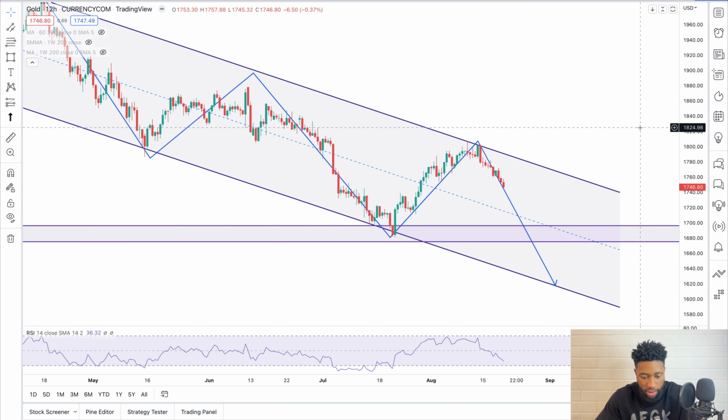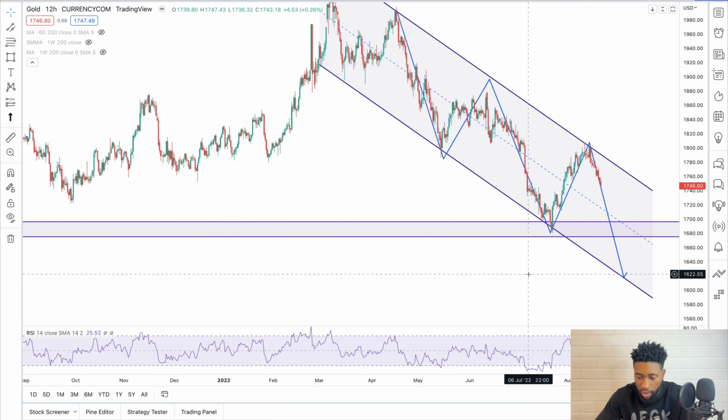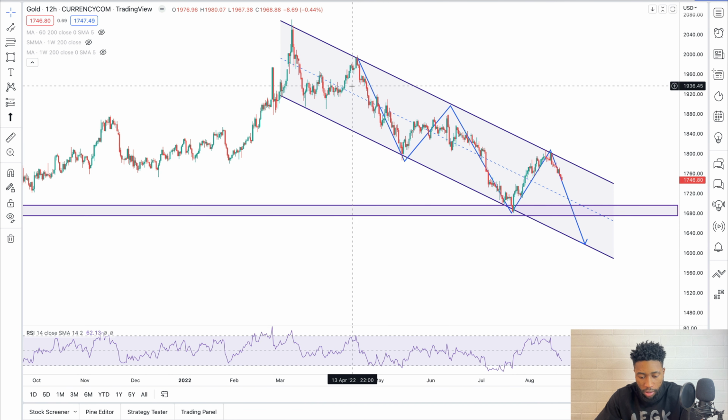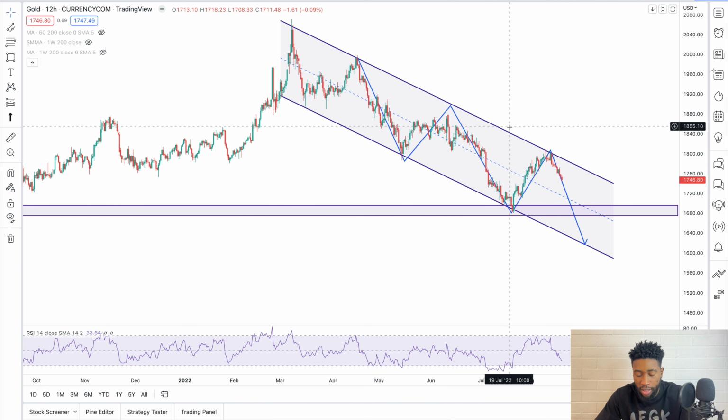So taking a look at the chart now, we can see that we've got our weekly support level here. So we might get some bearish move, and probably bounce off this weekly support level if it holds. But if it doesn't hold, then we might be targeting the bottom of this channel, which means we could head lower if we get some sort of breakout from this weekly support level